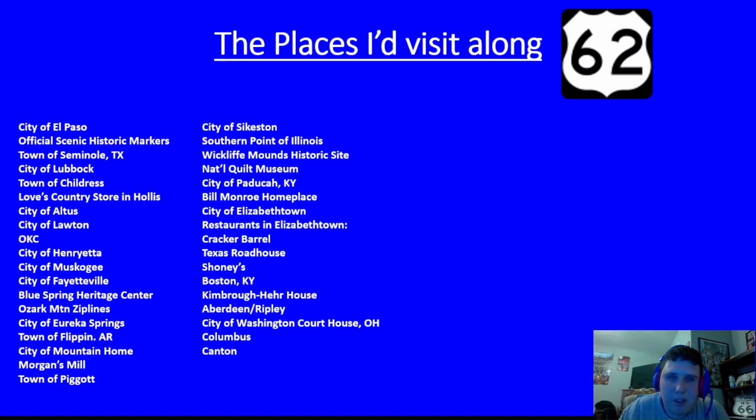city of Sikeston, Missouri, the southern point of Illinois, the Wickliffe Mounds Historic Site, the National Quilt Museum in Paducah, and then Paducah itself, the Bill Monroe Home Place, the city of Elizabethtown. The restaurants listed here are Cracker Barrel, Texas Roadhouse, Shoney's in Elizabethtown, and then the town of Boston, Kentucky. Then I visited the Kimbrough House in Aberdeen and Ripley in Ohio, the city of Washington Courthouse in Ohio,